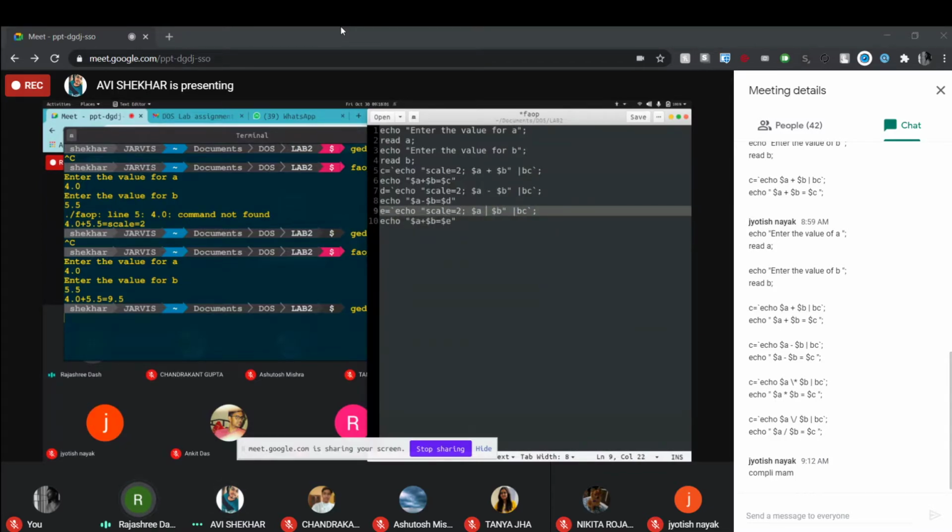Make it the multiplication symbol. Before the multiplication symbol, put the backslash. Same way in the echo statement, change the plus to multiplication.